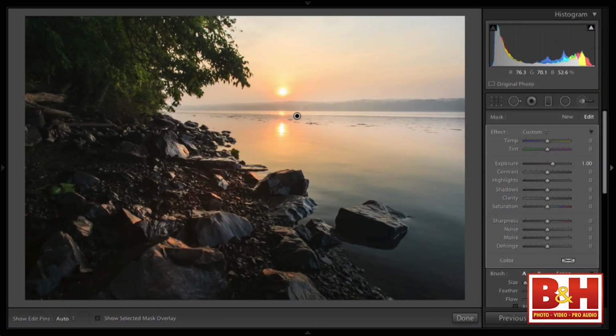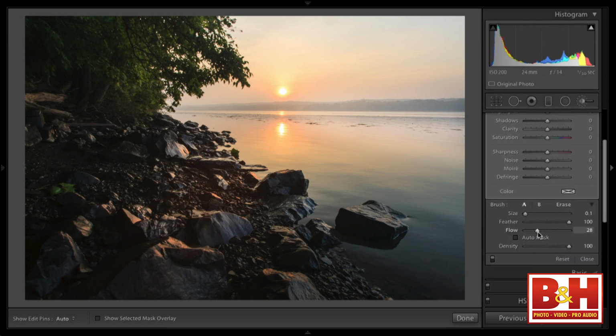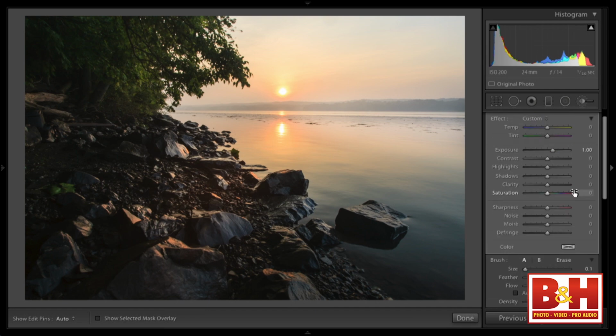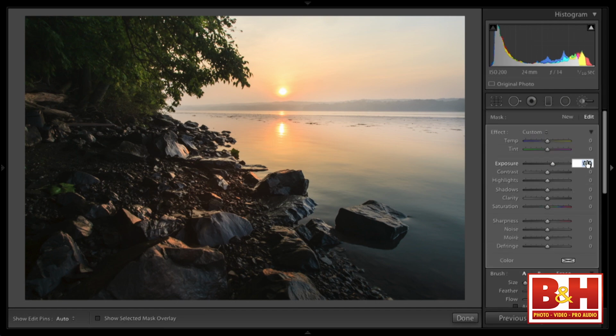So every time I brush over the same area, I'm laying down more of the overall effect, which means that when you're using this, you can use the flow control to build up the areas that you're working on instead of just applying a 1-stop brightening effect or a 1-stop darkening effect. So let me show you a real world example of that, right? I have these rocks here in the foreground, and I would like to brighten these rocks, but if I use the density and the flow at 100, and I set my exposure to, let's say, 1/2 stop, okay, as I brush on these rocks here,